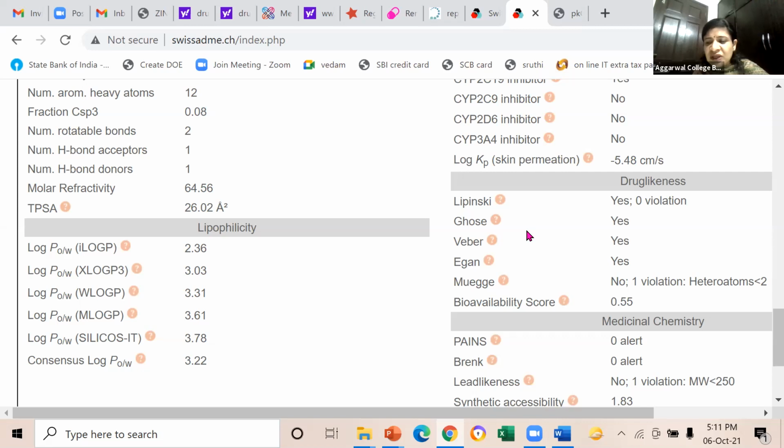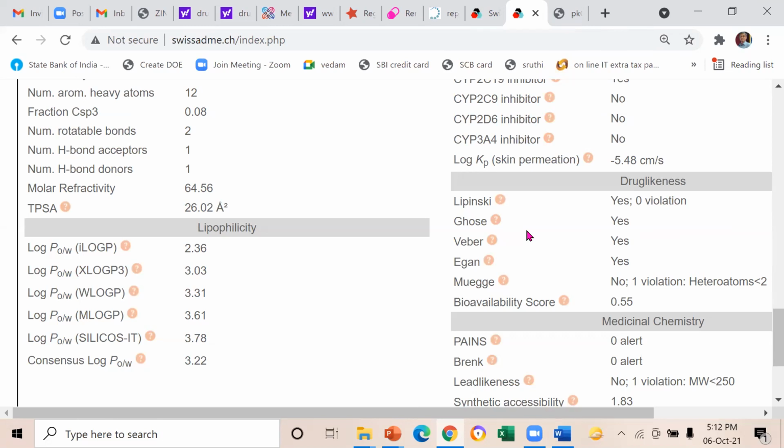We cannot go for one particular rule. Ultimately we are looking at absorption. Ultimately we are looking at bioavailability, toxicity, ultimately in humans, right? So these are all predictive tools. When you do a prediction, there is always going to be some fault. So there is nothing like one rule and that is it, right? In some colleges, 50% is called a pass. In some colleges, 40% is called a pass. So that's a different rule.